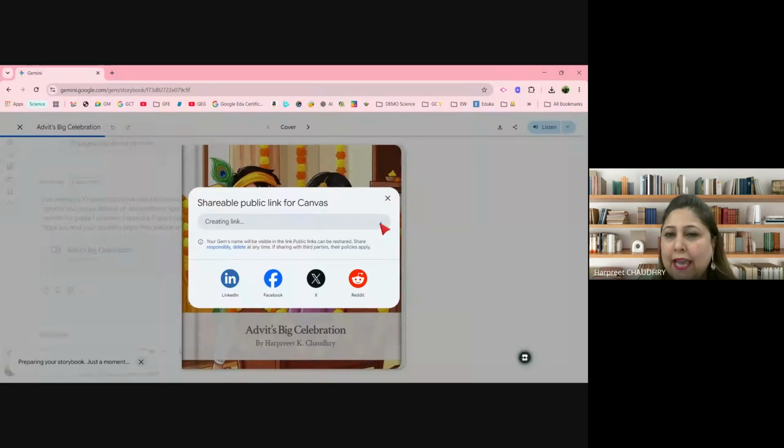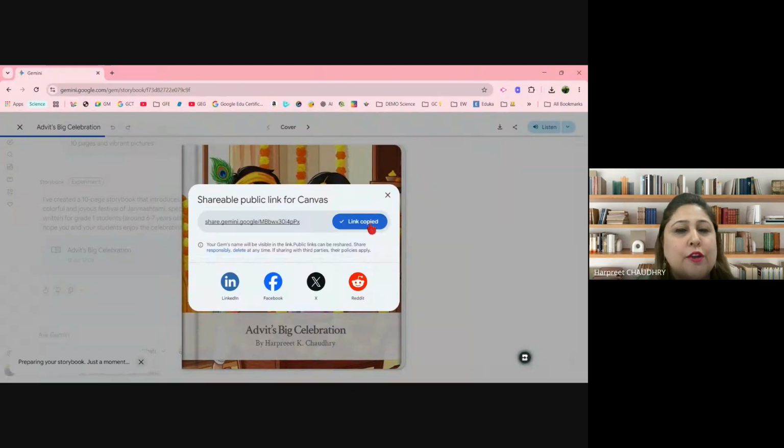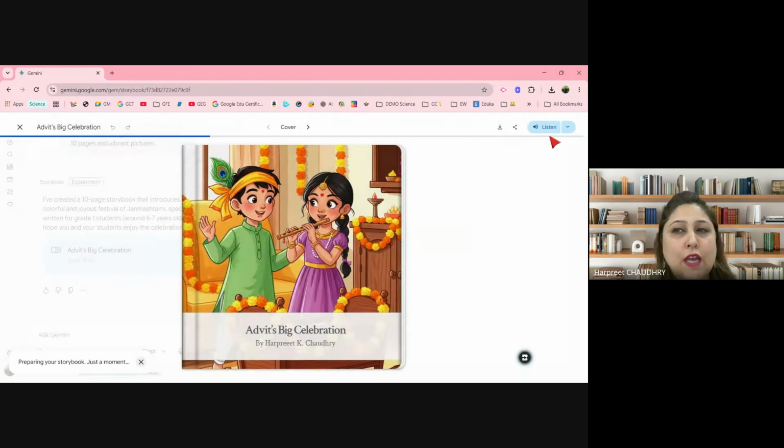I can share it directly to social media. I can share it by email for my parents if we are on leave that day, a school holiday, and we want to share it. That is where it happens. And I can just copy the link. I'm good to go. The beauty of this is it is also fully inclusive, and it offers us accessibility features. So we've got a listen option, wherein the storybook will read to me, and I can change the voice modulation, a high-pitched voice or a low-pitched voice. So let's give it a go.